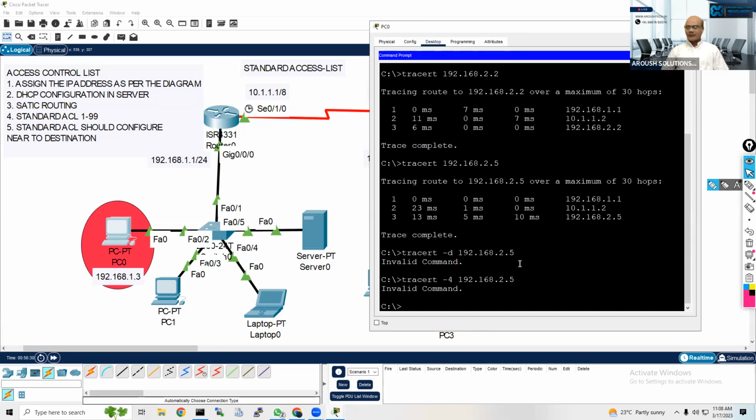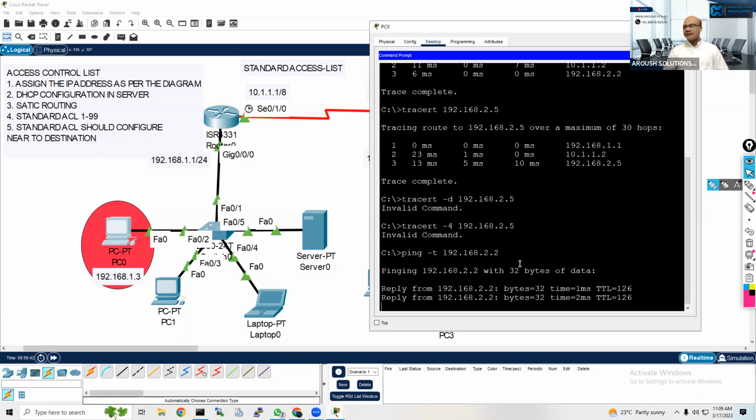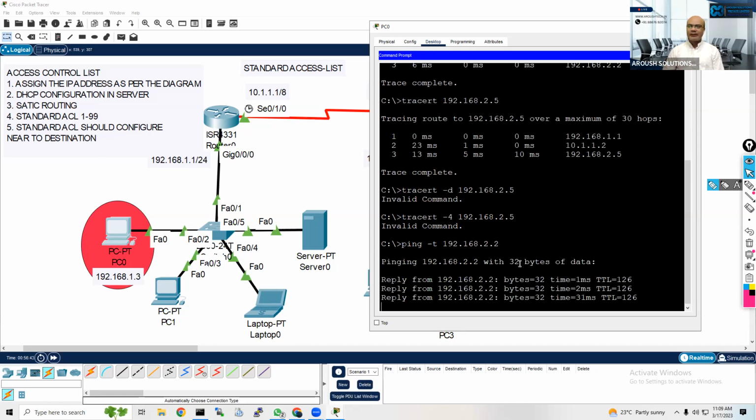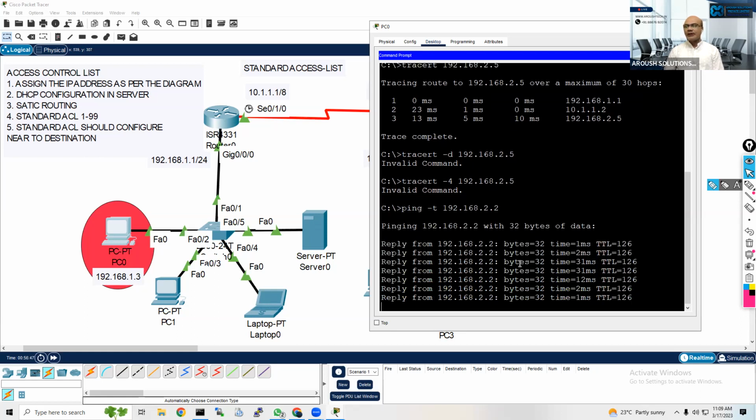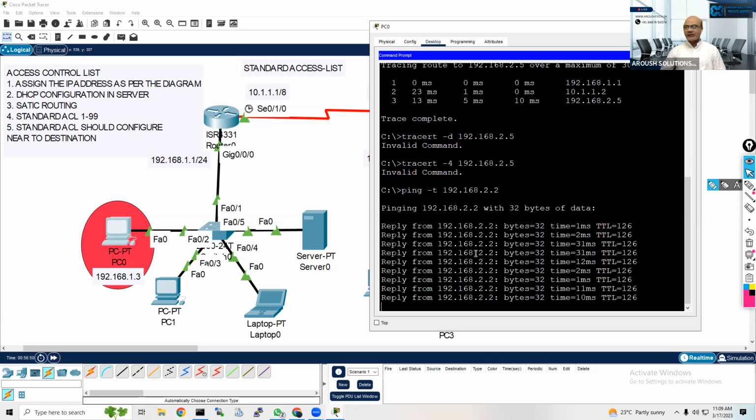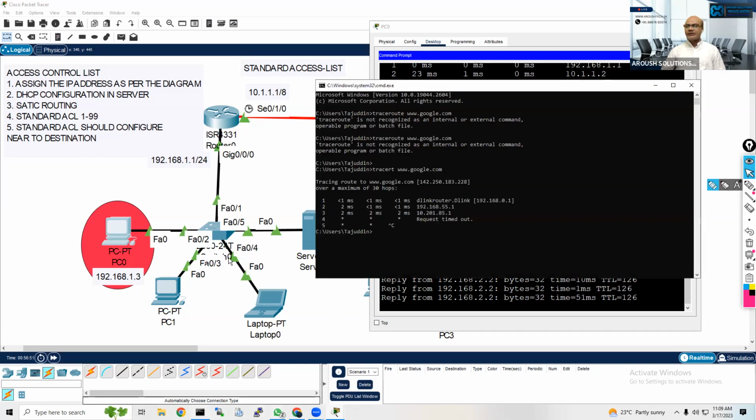Okay, we can ping with one more command. So ping -t for continuous ping, 192.168.2.2. This command will continuously ping, guys, in real time. Okay, this is the continuous pinging, right? So if you check in real time,